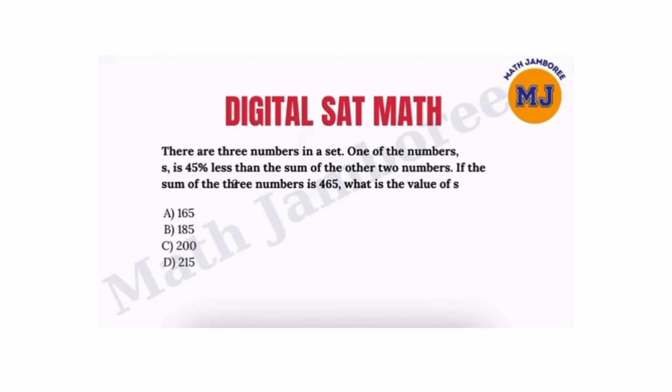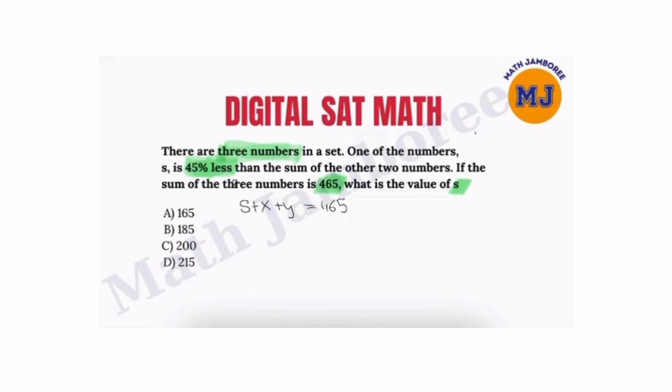Now, we really want to be careful in these types of questions, so we're going to mark. We have three numbers, one is given, one is 45% less than the sum of the other two numbers, and they all equal 465. So we have S, and then two other numbers, we can name them if we want to. So X plus Y, I will say, equals